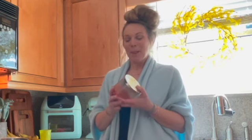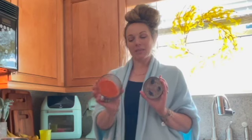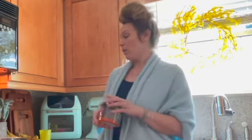and if you have a wax warmer, I don't know if it matters the kind, mine's just one I bought from Target, and it works fine. I don't want to tell you to do this if you have a certain kind of warmer. Maybe this might mess it up, so I'm not saying you should do this unless you know for sure it's going to work with your wax warmer. But if it does, then you can use this trick and get the rest of the wax out, so you're not letting it go to waste, especially if it's a favorite candle that you might have,